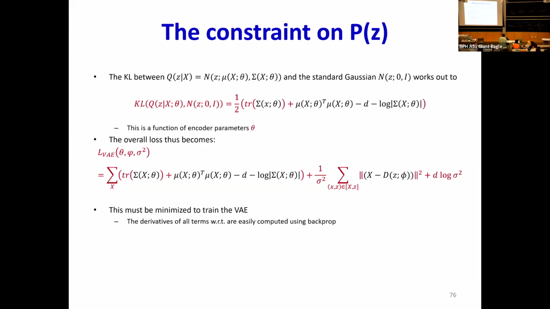And one extra thing is that this guy, the error between the output of the decoder and the true data, that's a quadratic, right? This one, the squared norm of the mean, that's a quadratic also. There's the log of the variance, that's not, and the trace is a quadratic as it turns out. The log of the variance is not, but it's differentiable. And so you end up with this nice loss function which captures everything that we need.